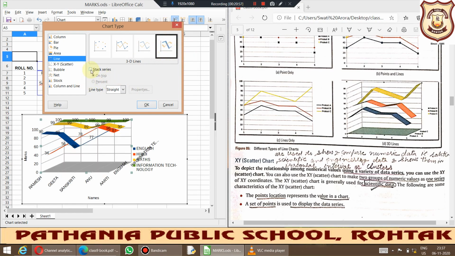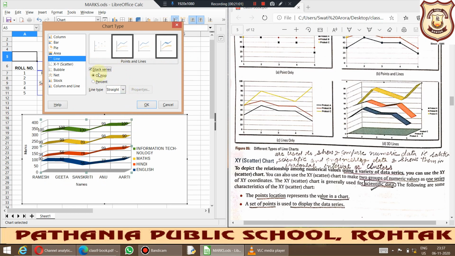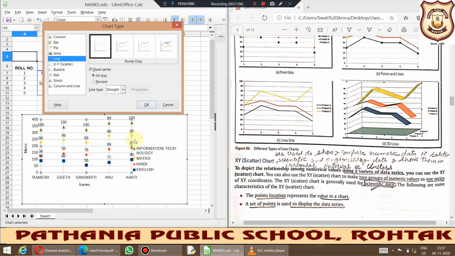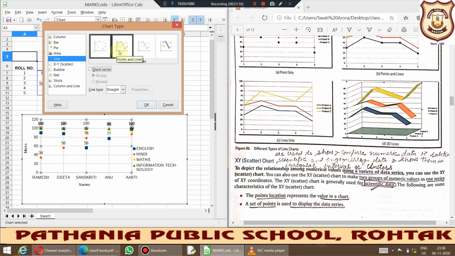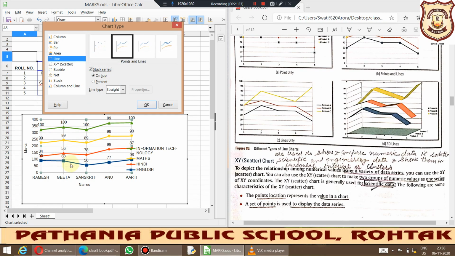I am telling you, if you click on the stack series, you will not be able to see the contents properly in this case especially. It is giving me confusion. It is actually a stacked appearance, one over another. If you don't want to use it, it is totally your choice. If you add it, you will get the representation stacked one over another. It is your choice, whatever you want to deal with.